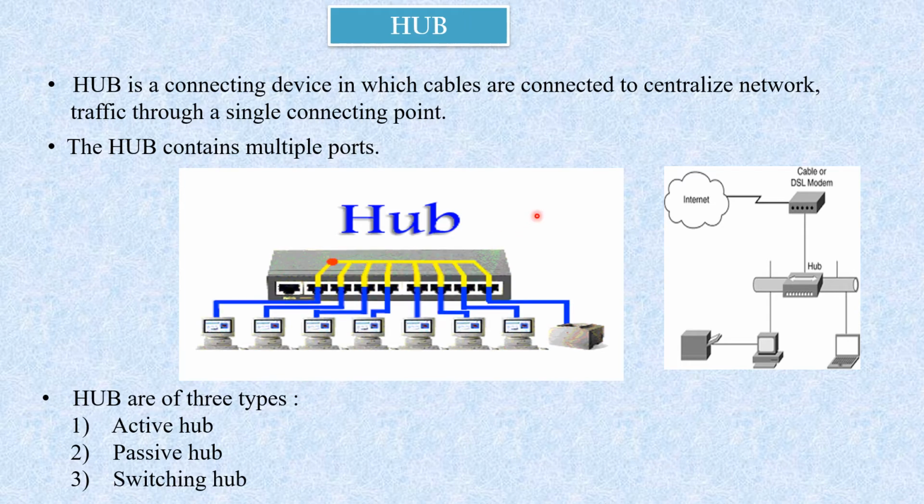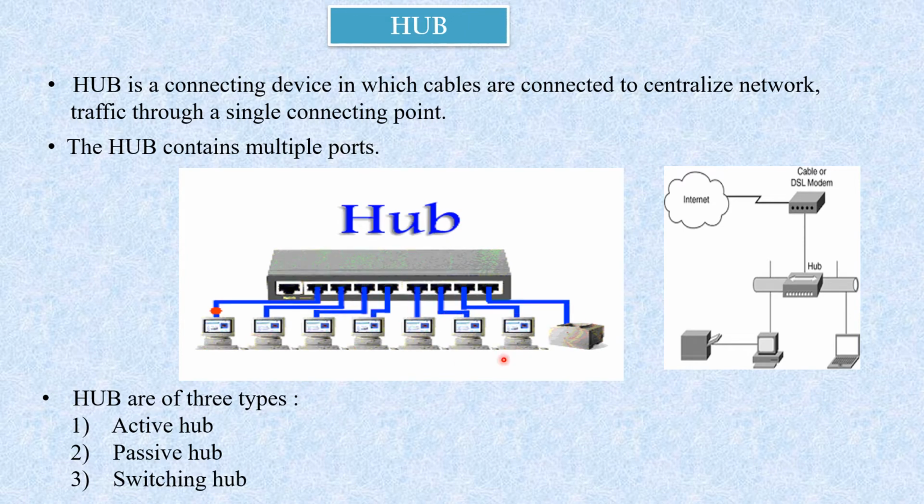Hub is used as a central device that connects the computers in star topology. Hubs are simple devices that direct the data packets to all the devices connected to the hub. So here these are all the nodes connected to the hub. They are really multi-port repeaters. So they are nothing but repeaters. Whatever data comes, they just transfer the data to all the nodes.